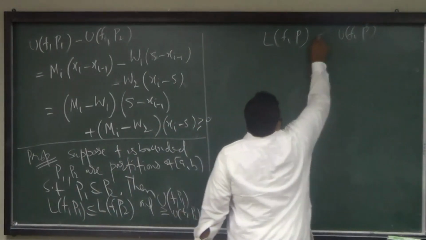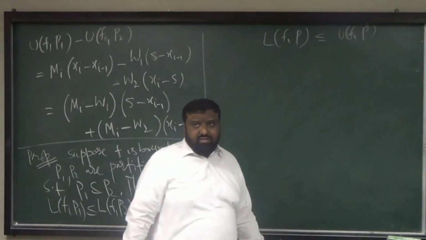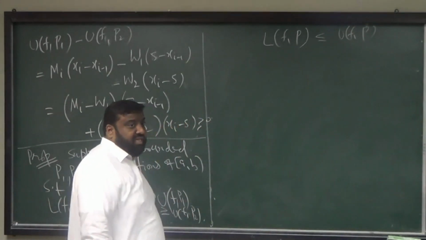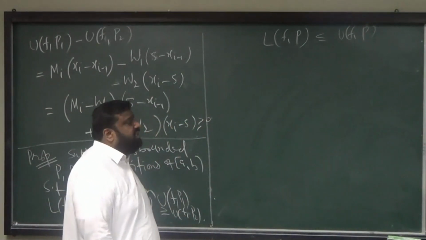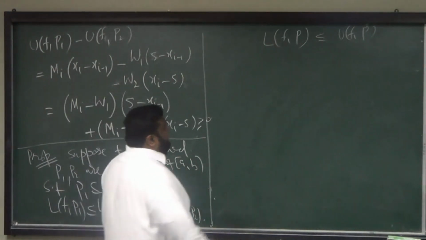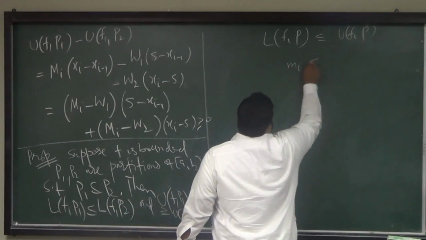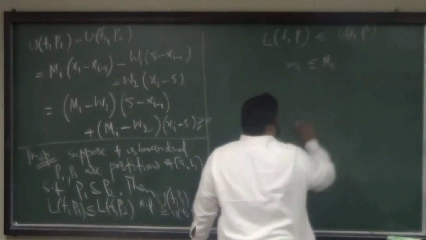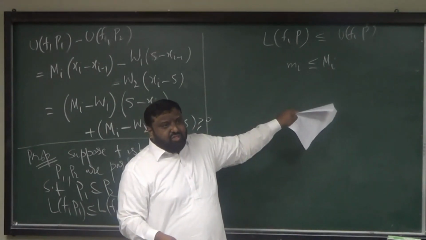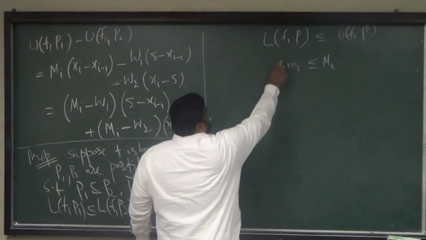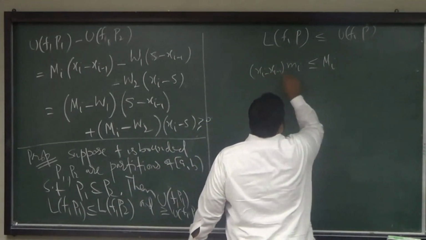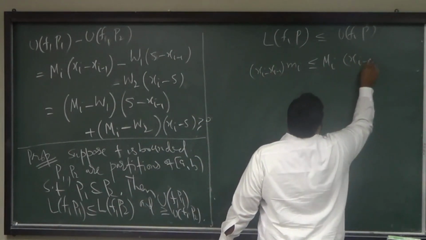Because this is overestimating the area under f, and L(f,P) is underestimating it. We can explicitly prove it as well. Because m_i is less than or equal to capital M_i for all i, because m_i is the infimum and that is the supremum. Then you multiply by x_i minus x_{i-1}, and